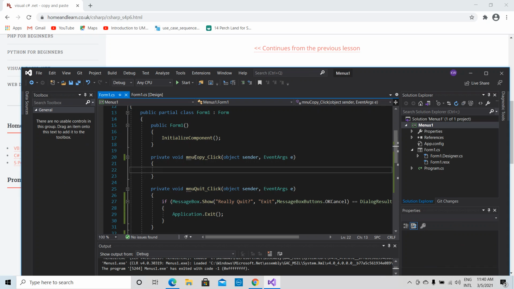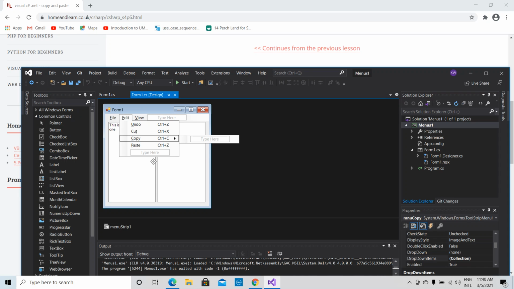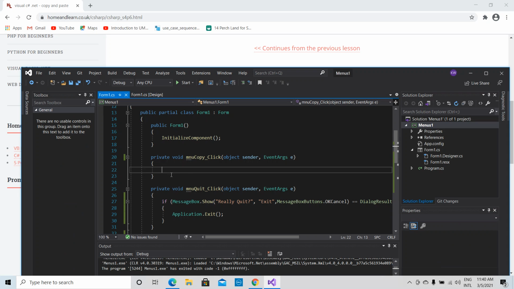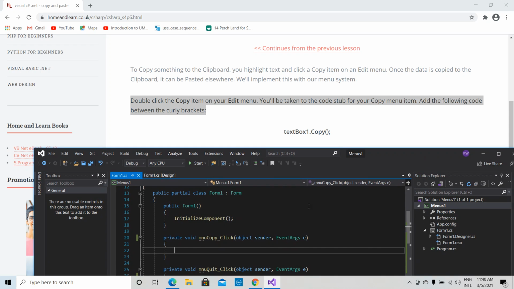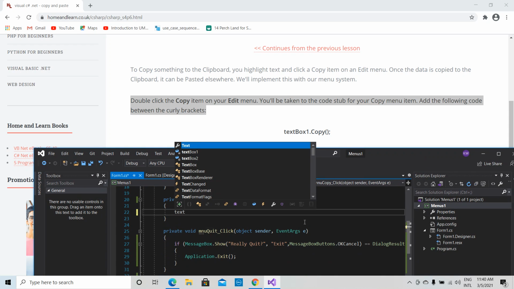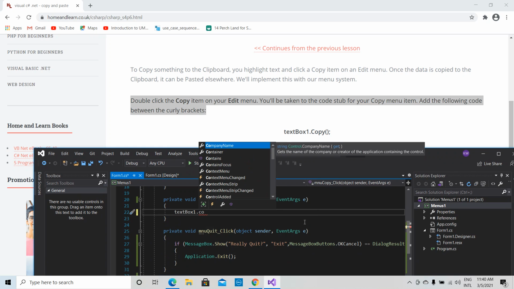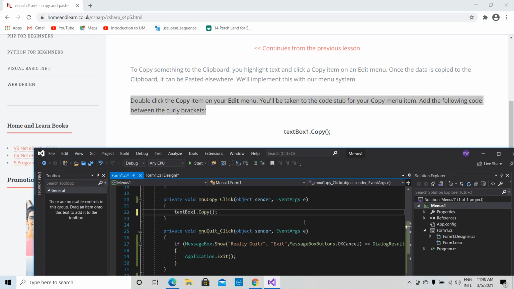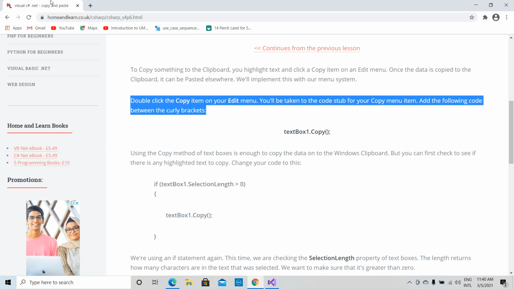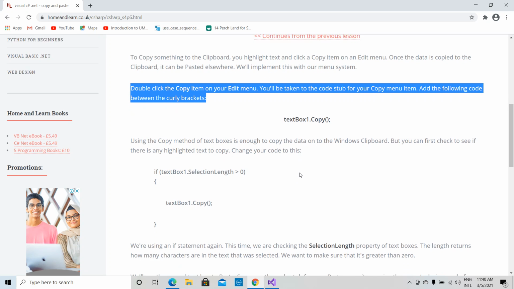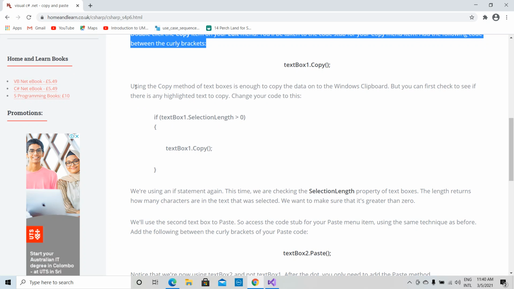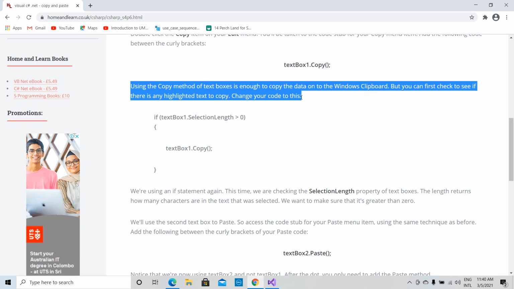Okay, in that way here the name of our item is mnu copy. Now the cursor is blinking there, so what you should do is, here also using the copy method of text boxes is enough to copy the data onto the Windows clipboard, but